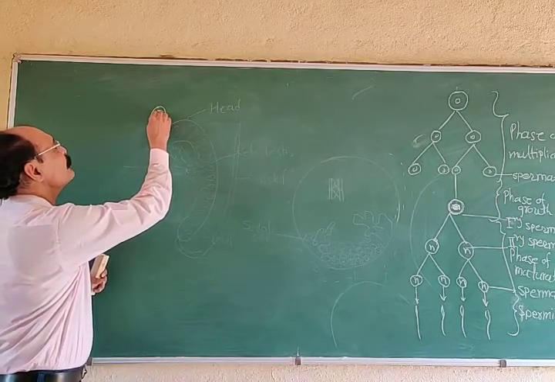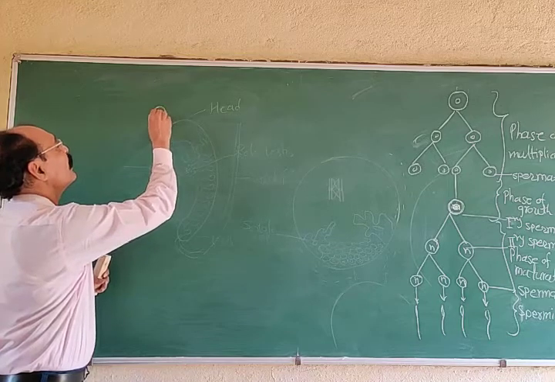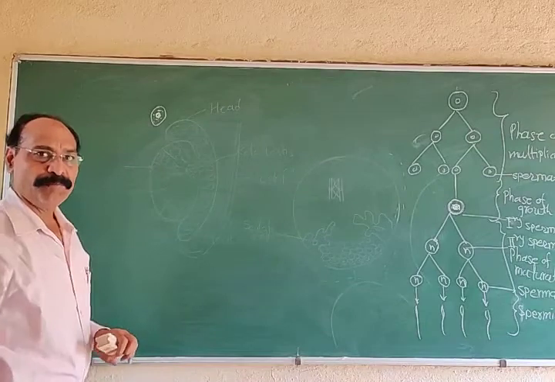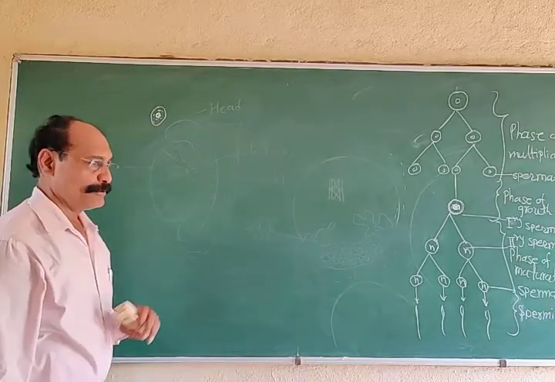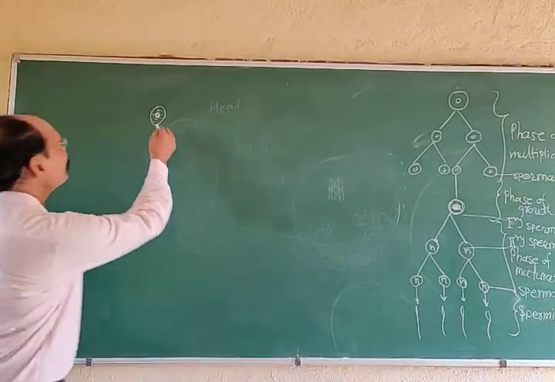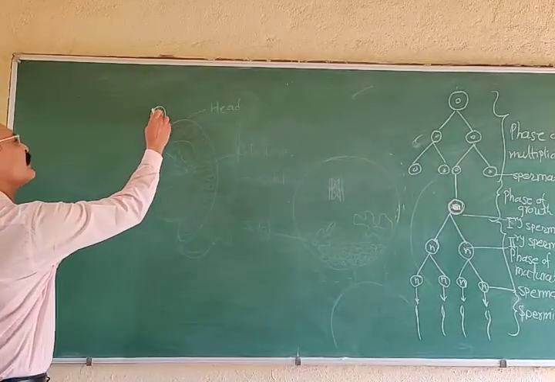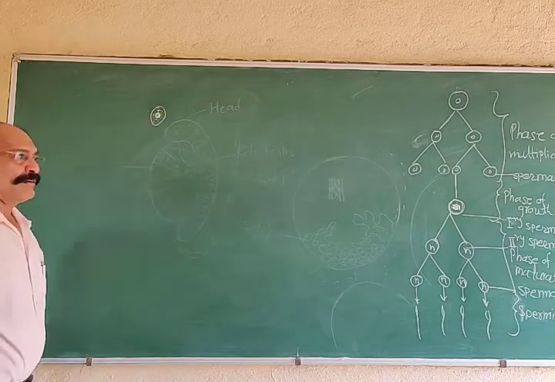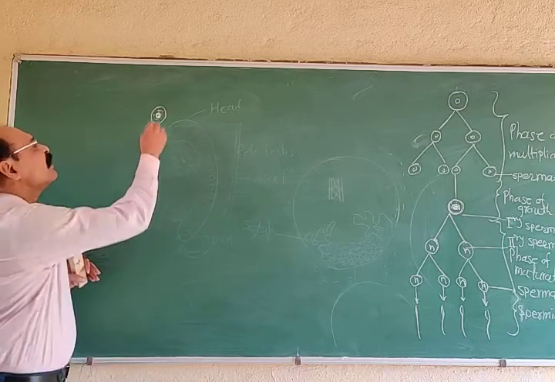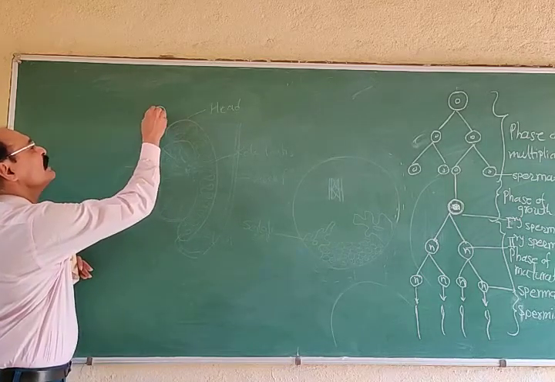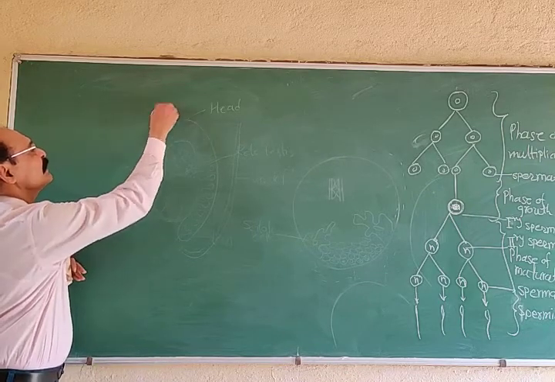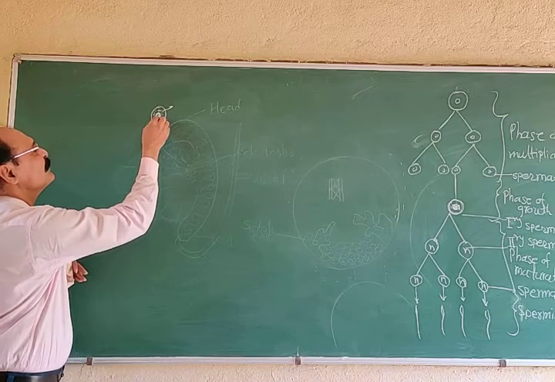Now the nucleus has become large, but to change into the active sperm, the cell has to reduce its volume. So from the nucleus, the extra content or nucleoplasm is released, or the extra water is also released from the nucleus, and from the cytoplasm the extra material is released, and so the volume is reduced.